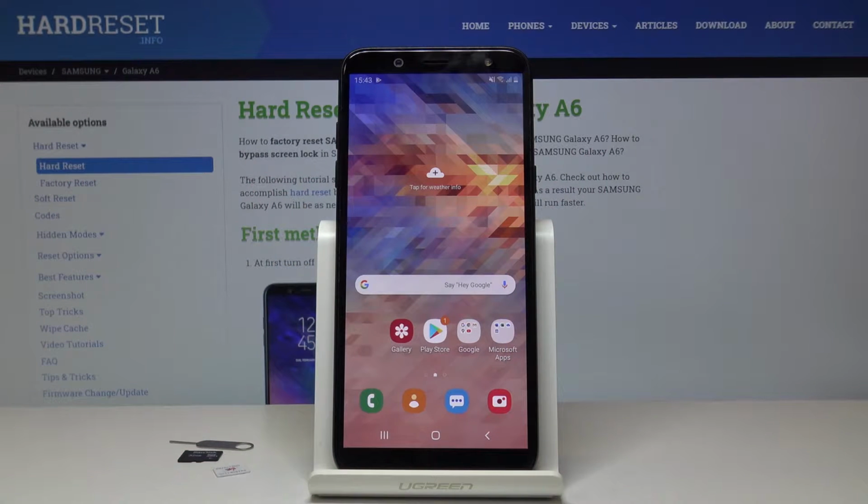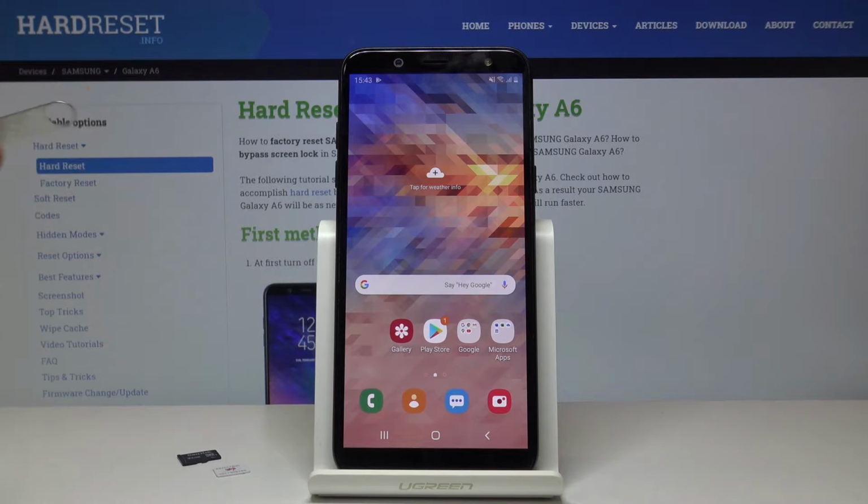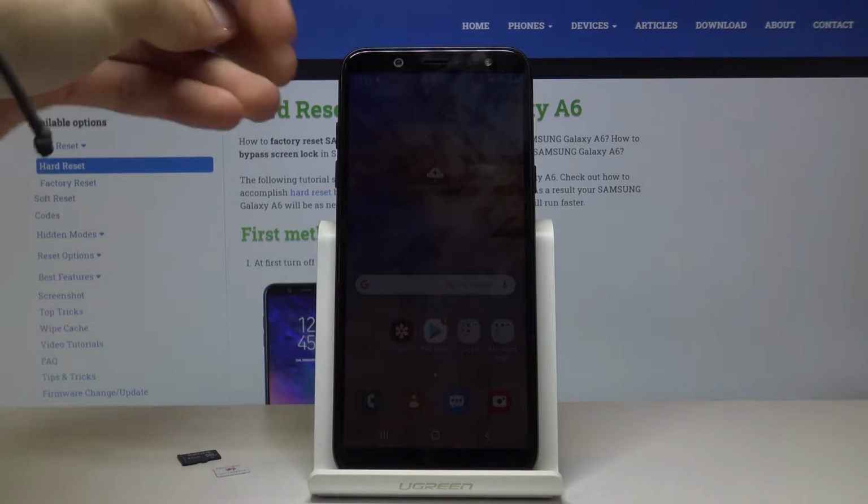Welcome, in front of me is a Samsung Galaxy A6 and today I'll show you how to insert SIM and SD card into the device. So to get started you will need a SIM eject tool. It comes provided with the device, so you can find it somewhere in the box. But you can always use a paper clip, just straighten out one of the edges and it will work just